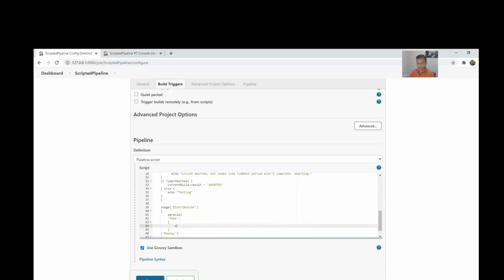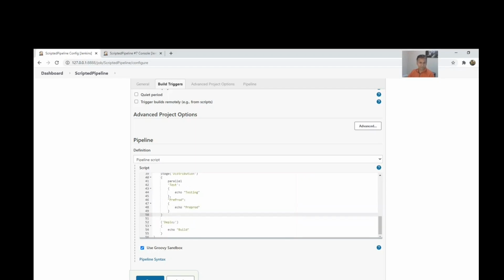I'm not sure about the braces, so if there is some problem, we'll fix it. For the parallel, next I'm going to add this comma. Then also in the deploy environment, or we can call it pre-prod. Parallelly, I'm going to distribute in both.